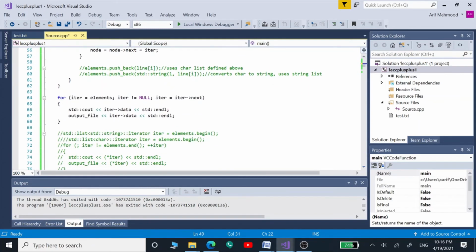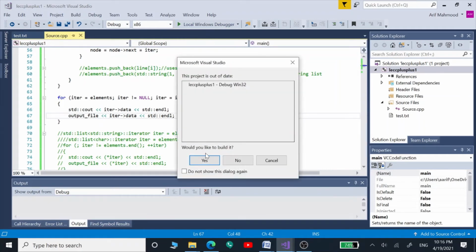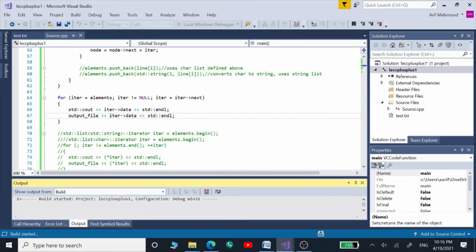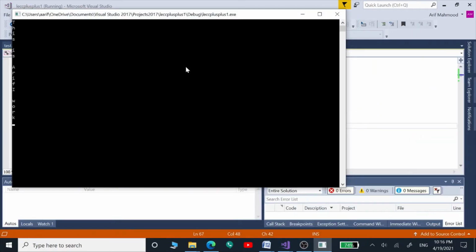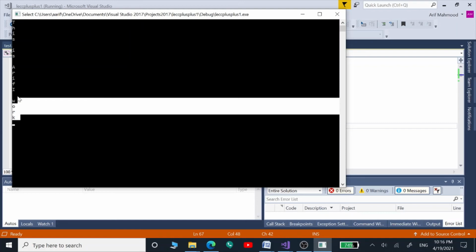There is no need to change this for loop, because the same for loop in a C++ program can show us strings as well as characters. Now these are actually converted into strings.